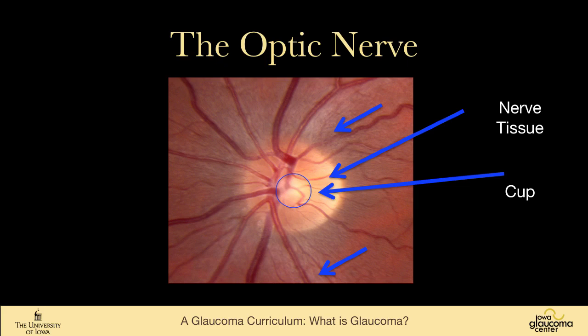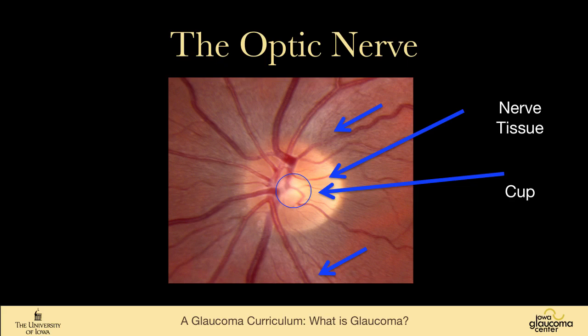So one might have a very tiny optic nerve that's completely packed with nerve tissue and there'd be no visible cup. And at the other end of the extreme, one might have a very huge optic nerve where there's abundant optic nerve tissue, but it's spread just around the edge of this gigantic optic nerve, and therefore there's a